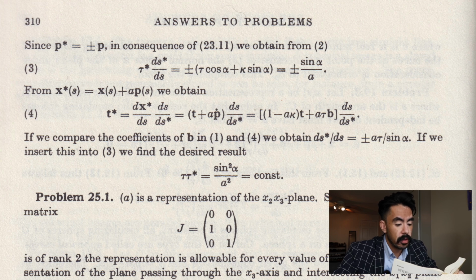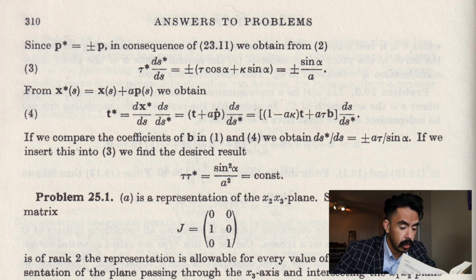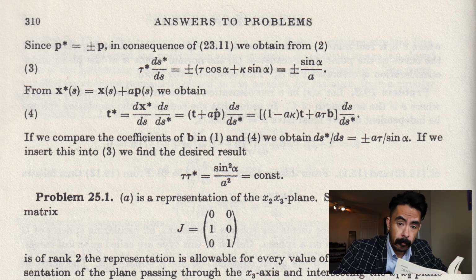If we then insert this ds star/ds relation into the tau star times ds star/ds equals plus or minus quantity tau cosine of alpha plus and so on and so forth, we find the desired result,